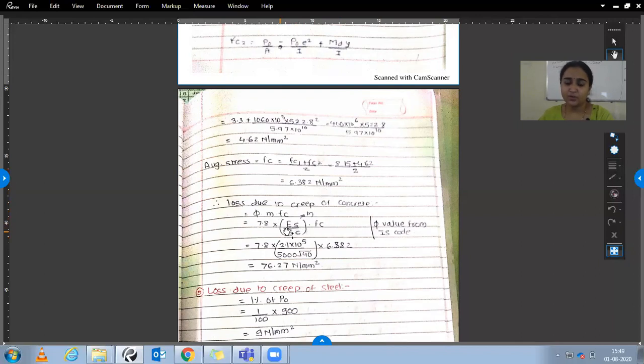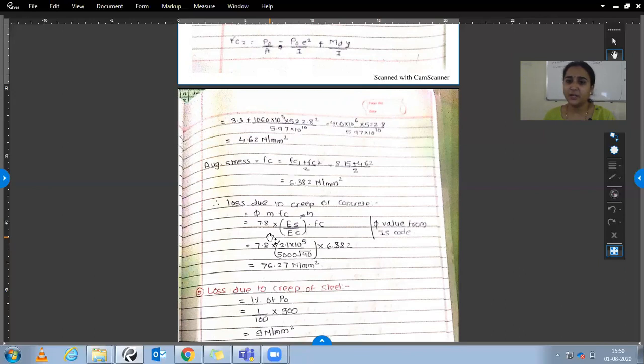M is the modular ratio. Here we can find the modular ratio, or there is one simple form: strong upon weak. So who is strongest between steel and concrete? Steel is the strongest and concrete is the weakest. Just remember, whenever we find the modular ratio for different kinds of values, it is the strong value divided by the weak value, or strong section divided by weak section. So ES upon EC is the modular ratio,